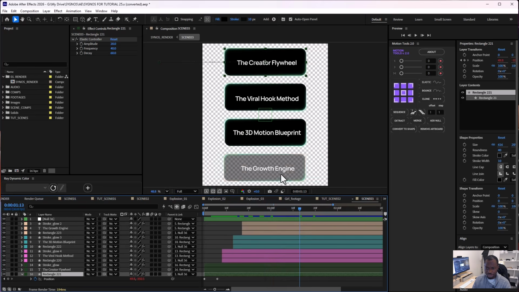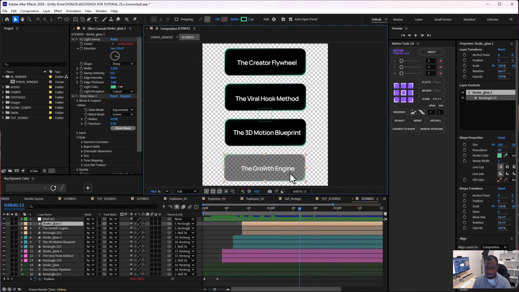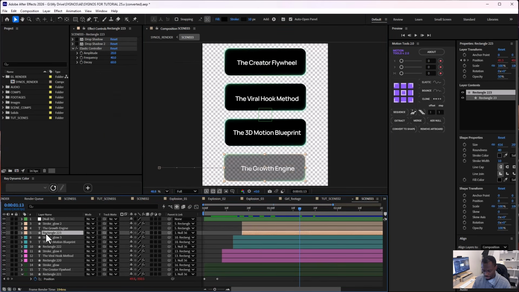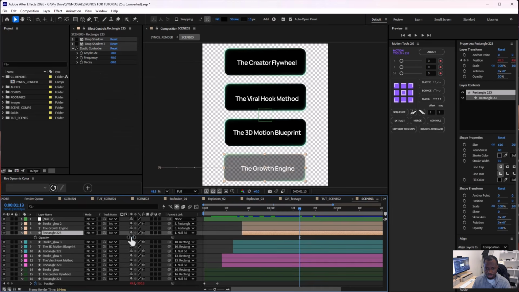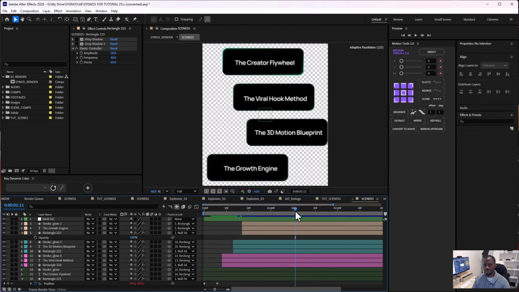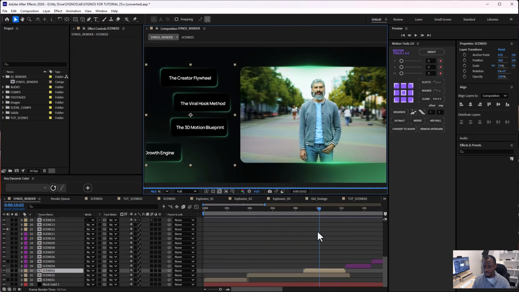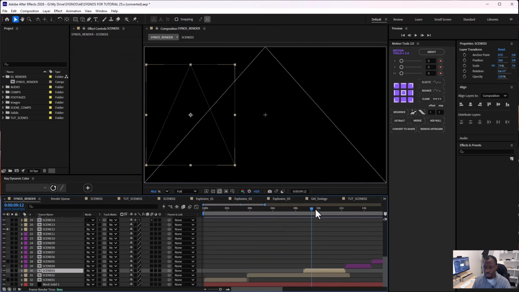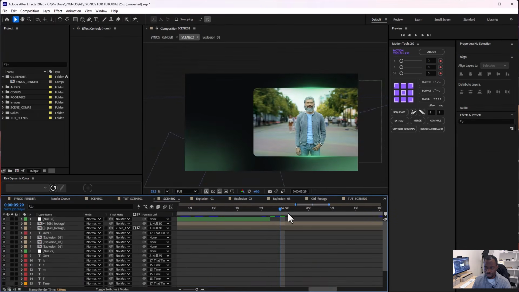And I wonder why the last one is not as vibrant as it should be. Let me see. I think the opacity is affected. Yeah, there you go. So this is how this was done, and then I just overlaid it with what I have here. If I go here, you can notice that at the end of the video, I just move it to the side,